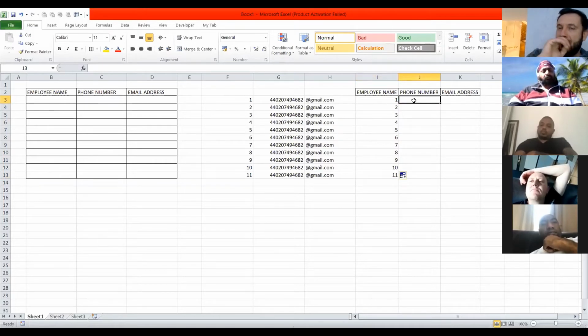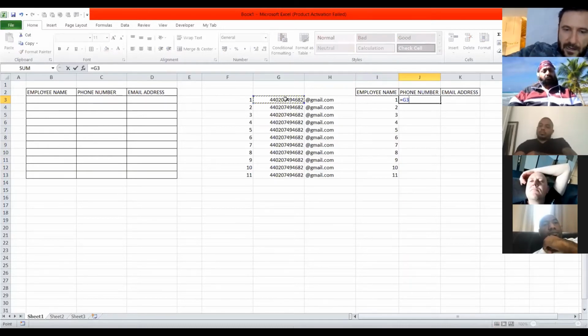Okay, so this one was quite easy and simple. Now we're gonna do the second one. We're gonna use the phone number in common for each of them, and we're gonna add the extension at the end. So the phone number is this one here. I'm gonna copy this one, and I'm gonna use the special character, the ampersand.